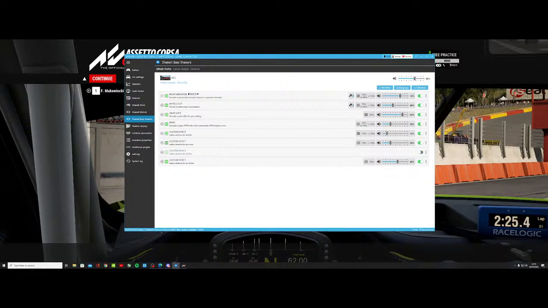But to go through quickly: road vibration, wheel slip, gear shift, RPM, custom effect, which is vibration for throttle, custom effect, which is vibration for tire wear. This one is vibration for red line, and this one is a custom effect vibration for rev limiter. So going through a bit more detail,